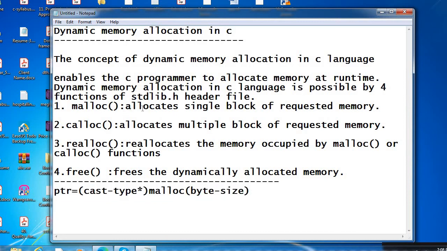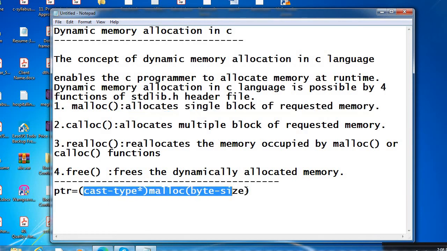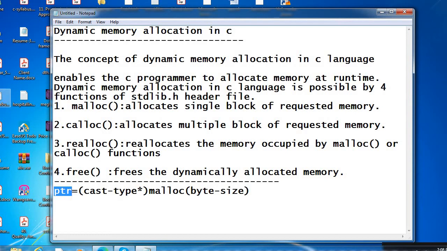Malloc means allocate a single block of requested memory, and that single block will be allocated for this ptr variable. So how it will be allocated for that ptr, we'll see one example.